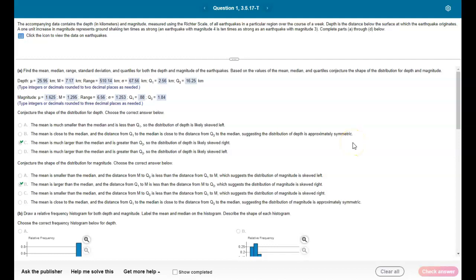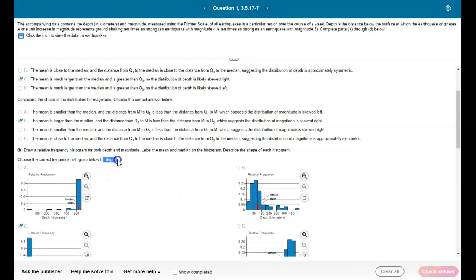So this is part 2 of this video on the same problem. And we've already determined summary statistics for both depth and magnitude. And we've talked about the shape of each distribution. And I've already mentioned some of the things like being skewed right. So the next thing that we're asked to do is to draw a relative frequency histogram for both depth and